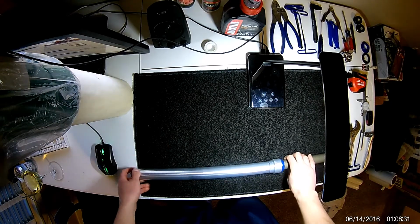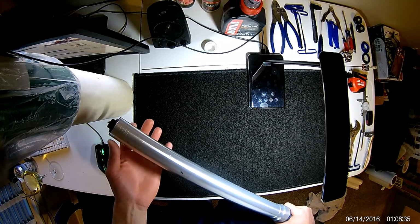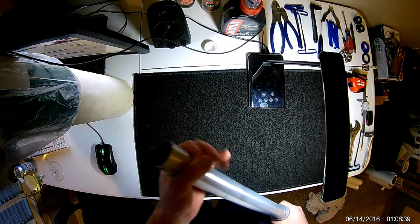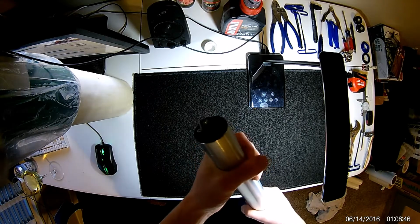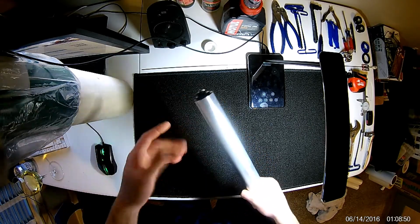So first thing you're going to want to do is don't pull the fork tube off the bike. You're going to want this mounted in your clamp, in your crown. The reason behind that is you need to remove this top cap here, and without that clamp on there, it's very challenging to move. This will want to spin on you, and you really have no grip or leverage to get this top cap